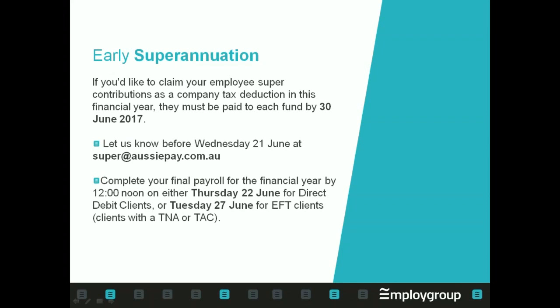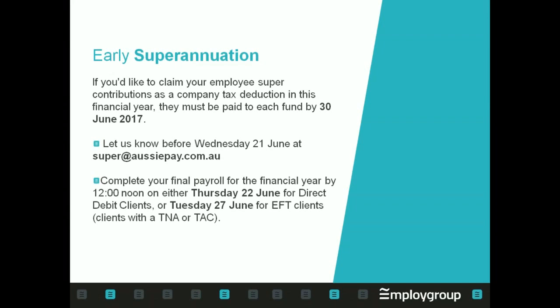Early super. Any clients who we pay super for would have received an email about the June month or quarter super being paid early. If we pay your super for you and you'd like to claim your employer super contributions as a company tax deduction in this financial year, the super funds need to receive that money by the 30th of June 2017. You need to let us know by tomorrow, that is the cutoff, so I would let us know today if you haven't already that you want us to pay your super early. That notification needs to go to